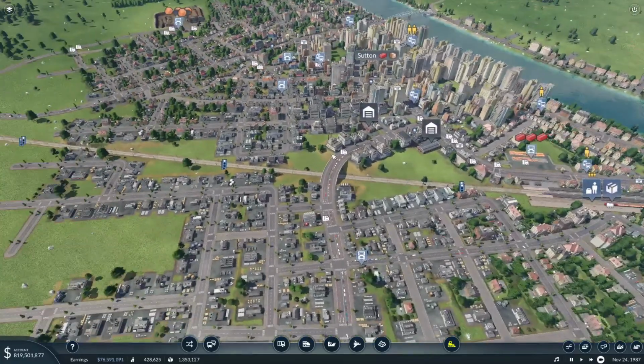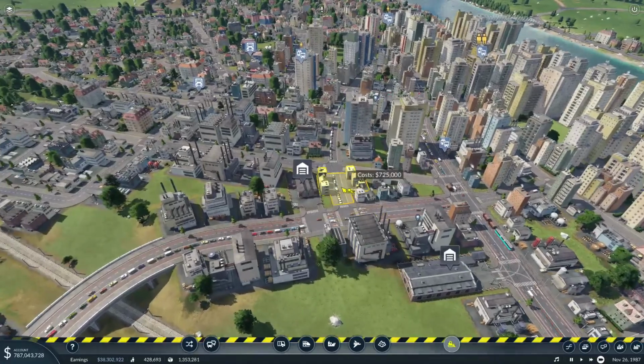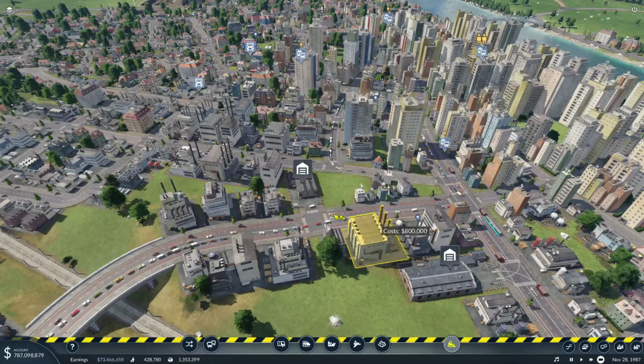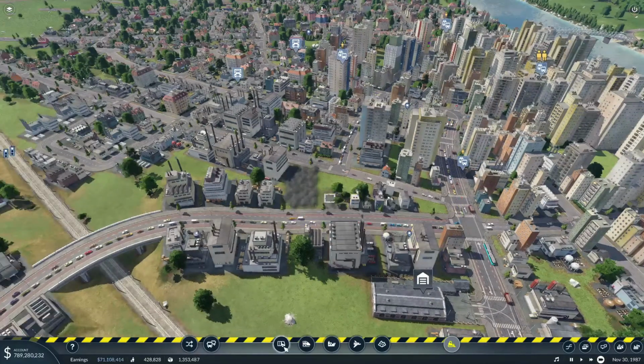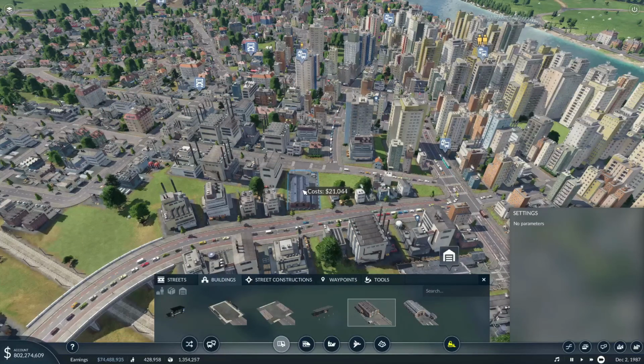Okay, so let's try and figure out what's going on with this traffic. One thing that I noticed, this road's gotta go. I want the traffic to be forced onto this road. And then this needs to be spun around so that it's not loading onto...